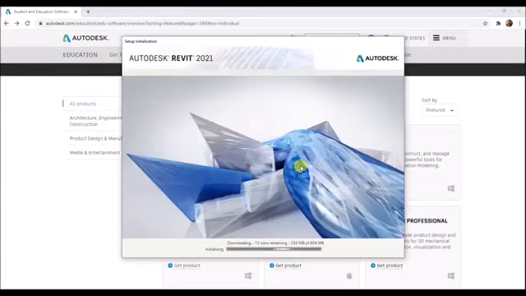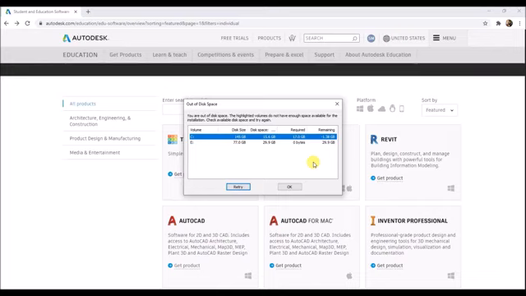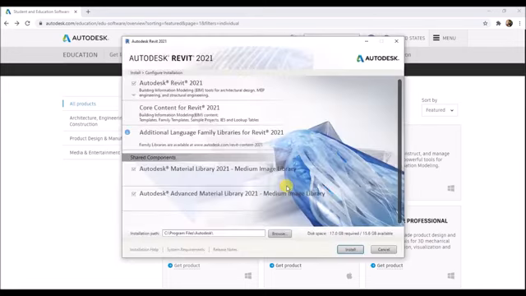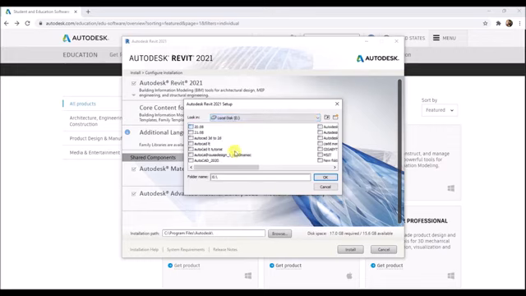Installation will take some time depending upon your internet speed. Okay, I got some error message. Okay, the disk space required is 17 GB, so I'll reinstall it in some other drive. I'll click on browse and create a directory for the installation path.